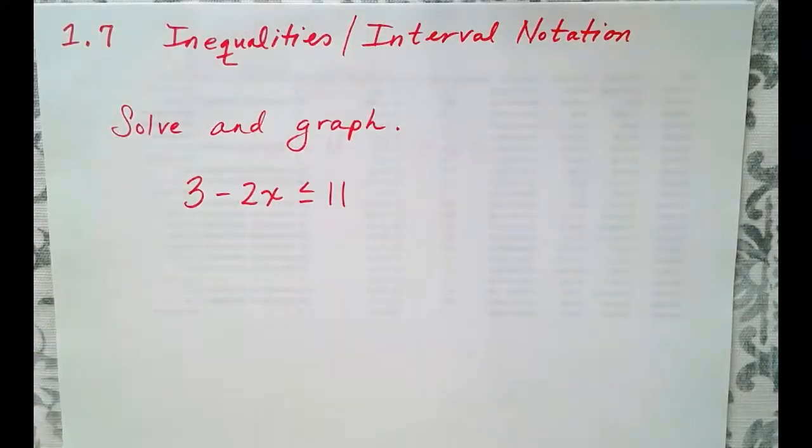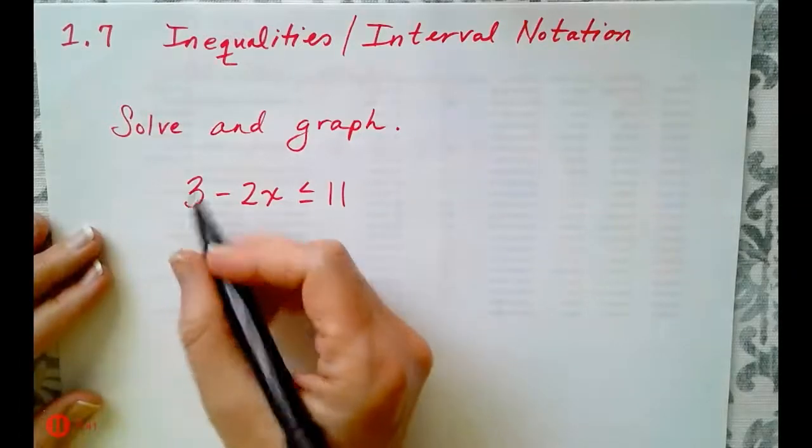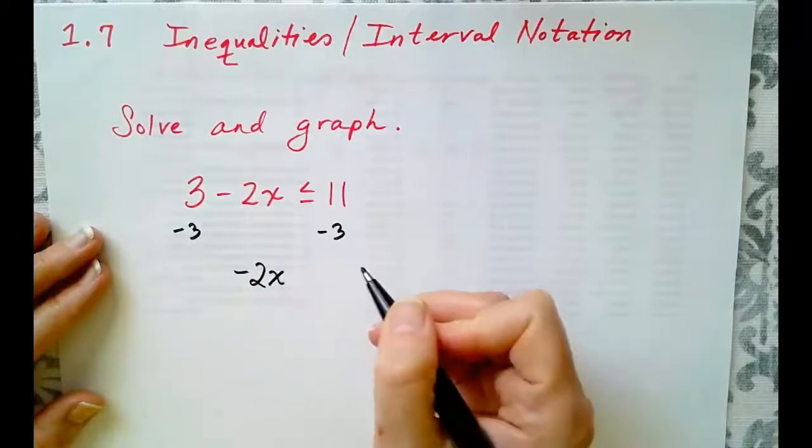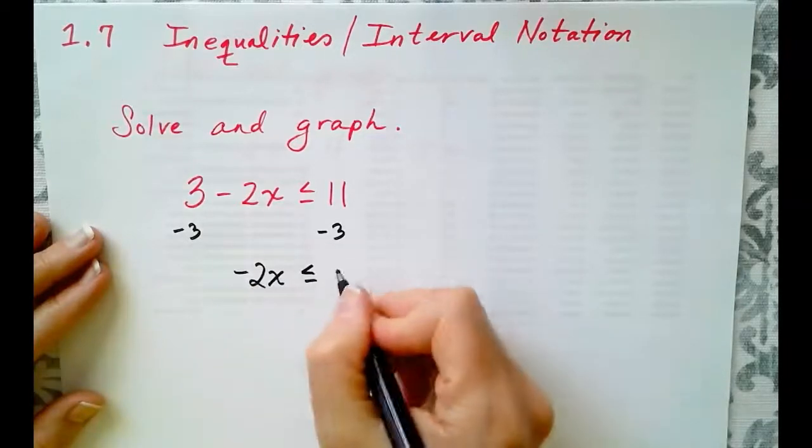inequality is solved in the same manner as equations, but when we graph on the number line and also use interval notation, we see that we do not just have a single solution, but we have an infinite set of numbers that are in our solution. So we're going to start by subtracting 3 from both sides, getting negative 2x is less than or equal to